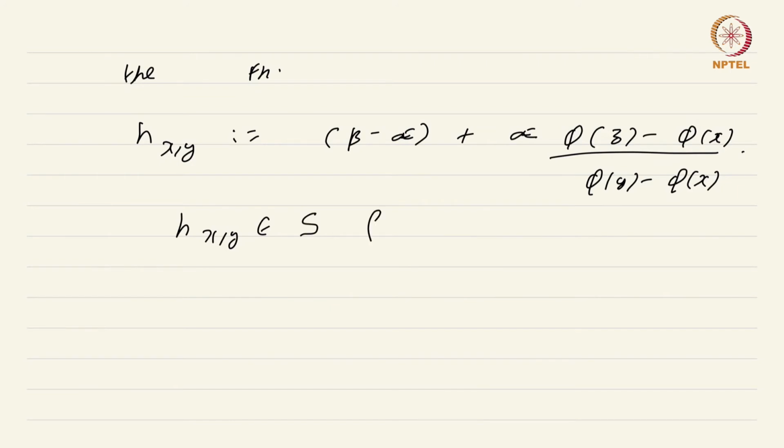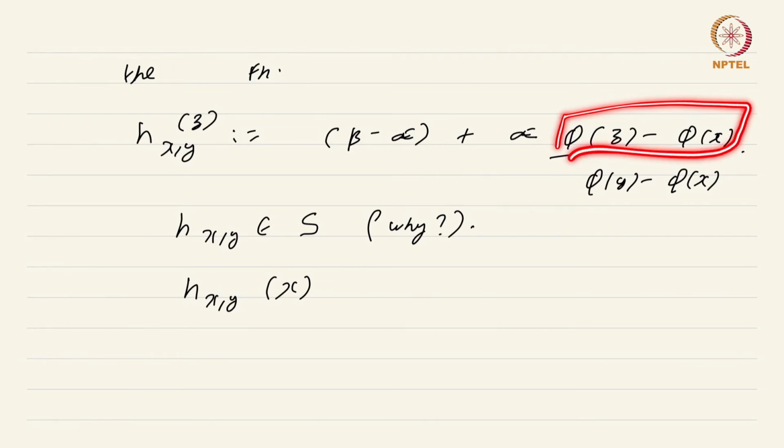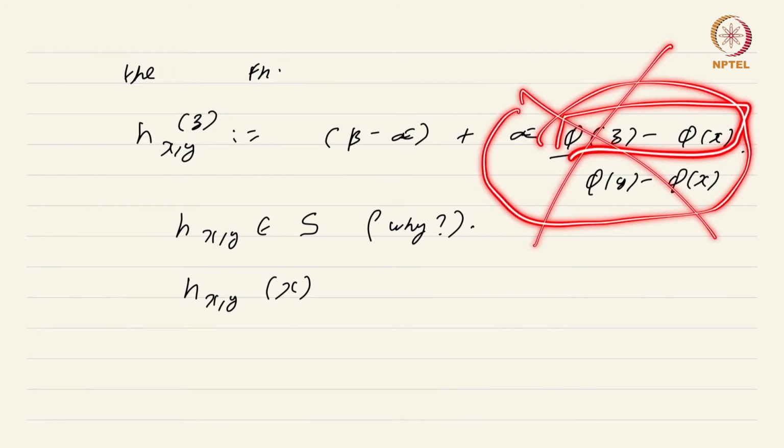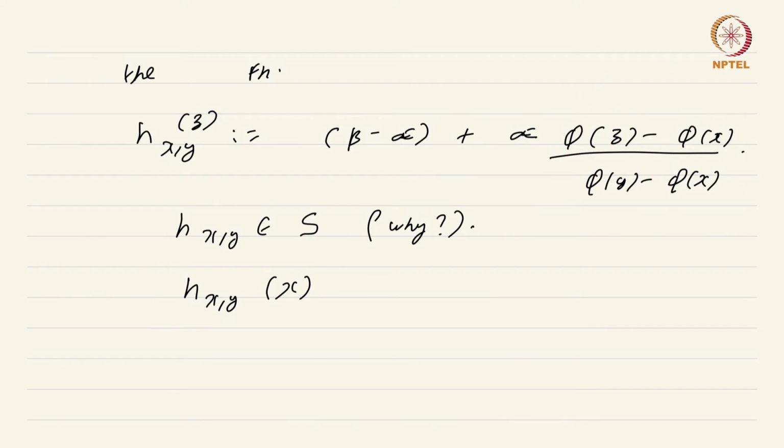Please check that. Why is this an element of S? Now, what is the special feature of this function? At the point x, of course, this is a function of z, so I must make that precise. At the point x, note that you get in the numerator phi of x minus phi of x, so the second term vanishes, and you are left with beta minus alpha. Okay, and at the point y,